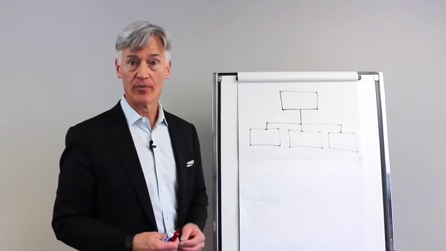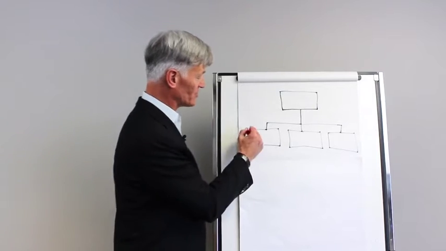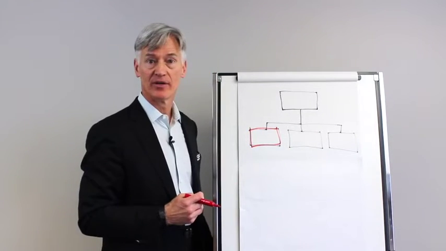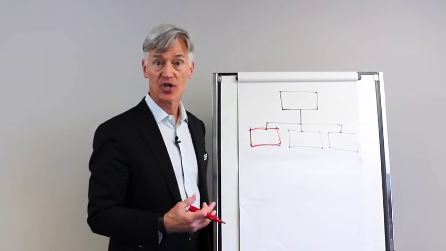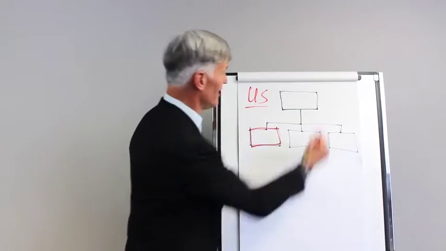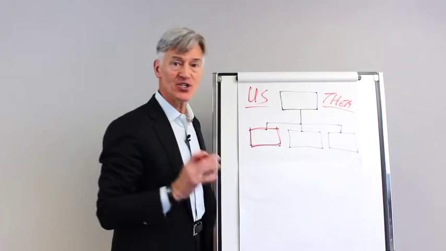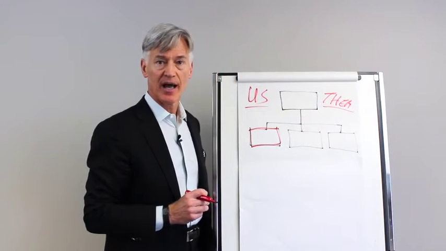You've got an org chart, boxes and arrows. Who reports to who? Who's responsible for what? But whenever you put a box around something, what do you inevitably create? Silos, barriers. What you create is us versus them. Always, always, always. So when you're thinking of your org chart, the question to ask yourself is, how can you